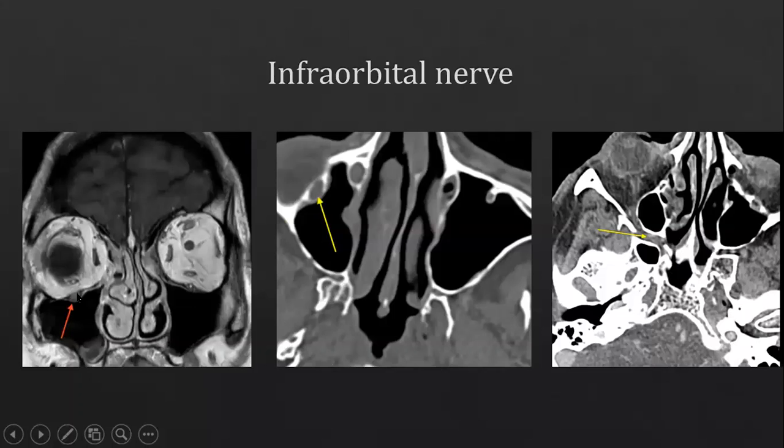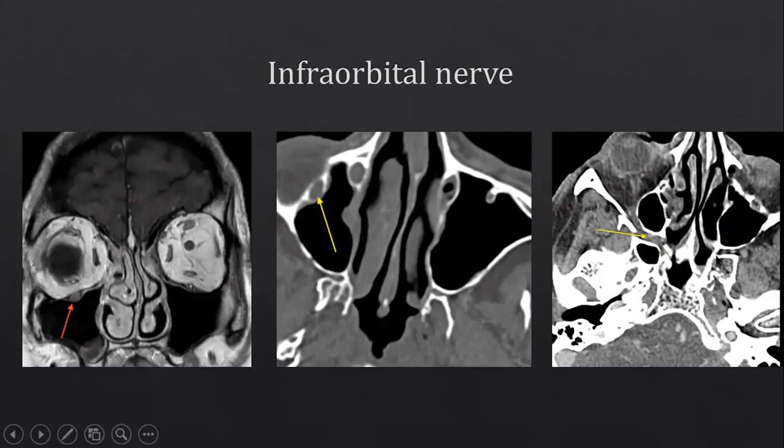And again, here the infraorbital nerve, on this coronal sequence, normal appearance, abnormally enlarged. CT scan, normal appearance, abnormally enlarged. But also here on the CT scan, very vital to look at, if I have any radiology colleagues here, this is the